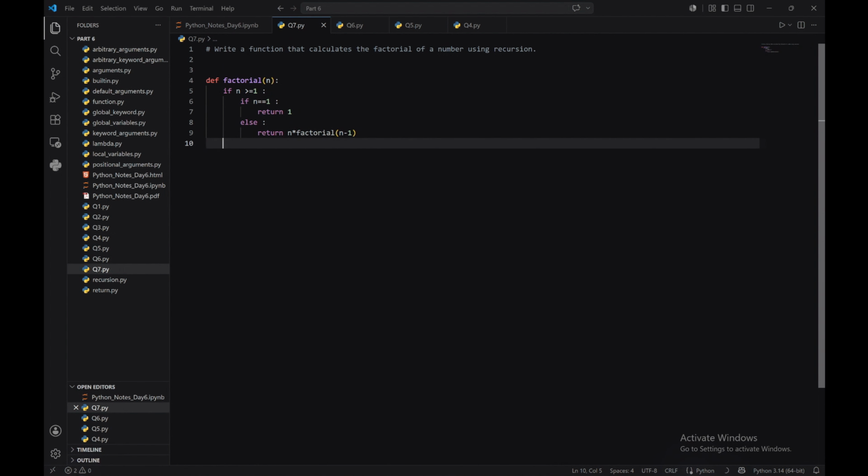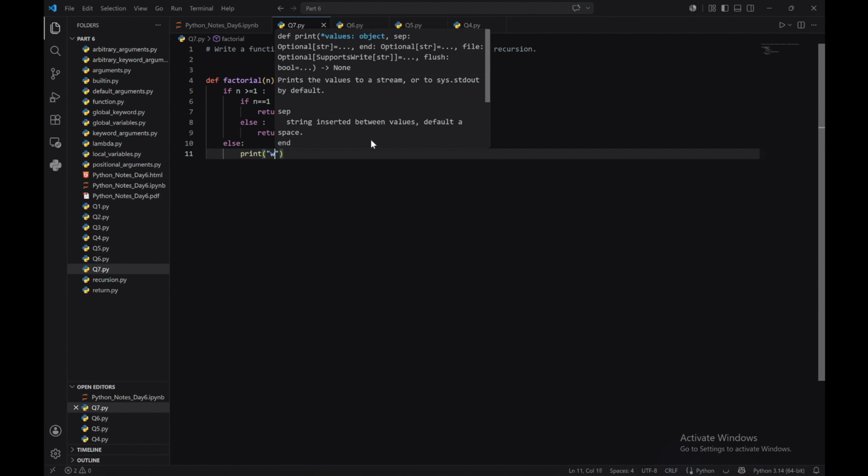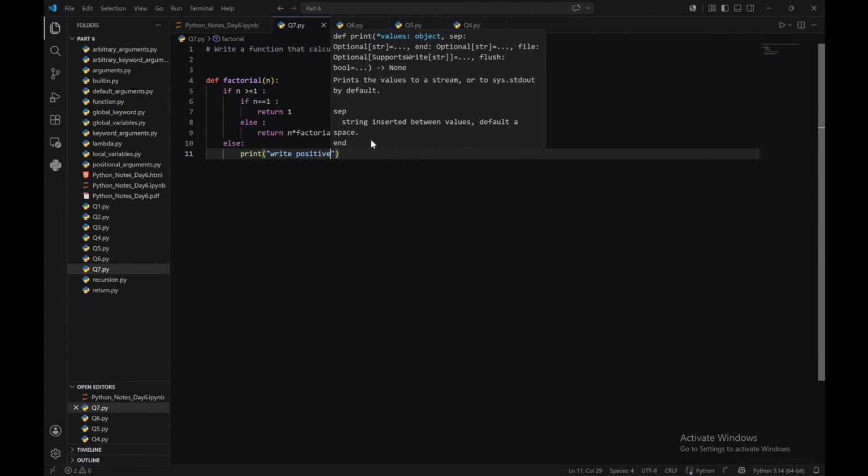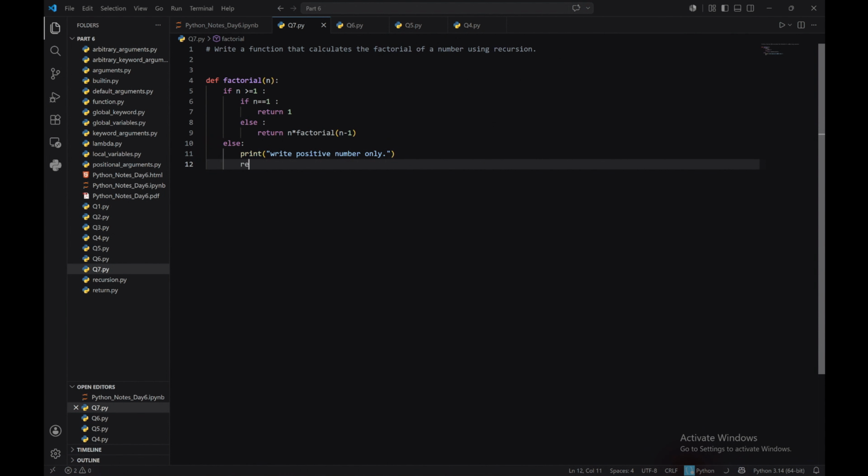And here we are going to write else, print write positive number only, and here we are going to return